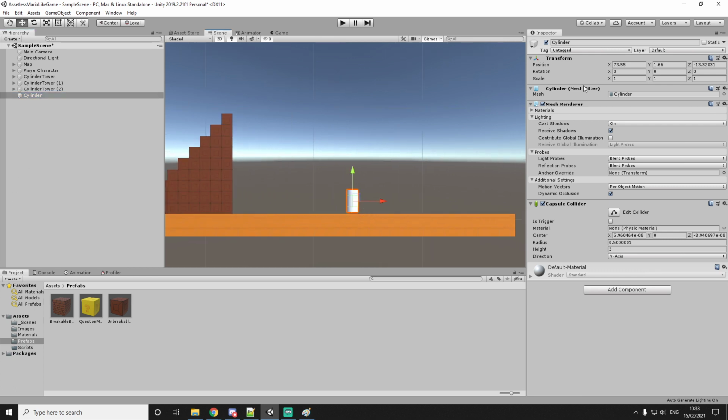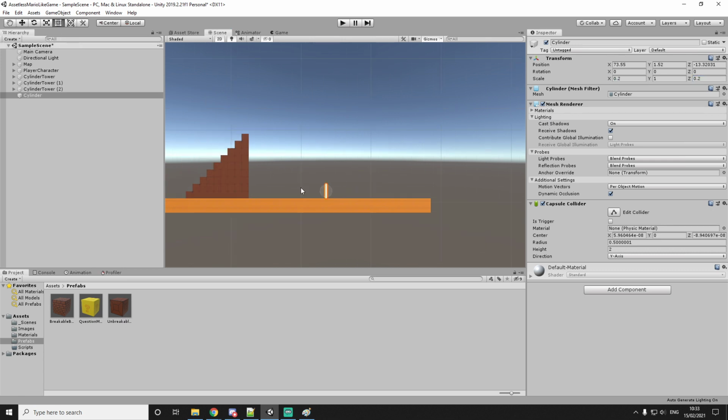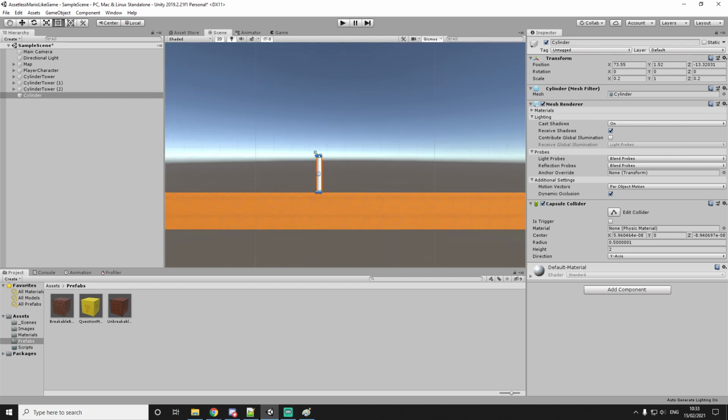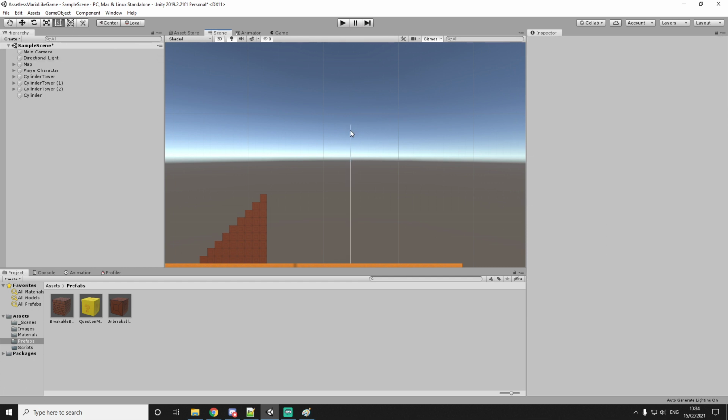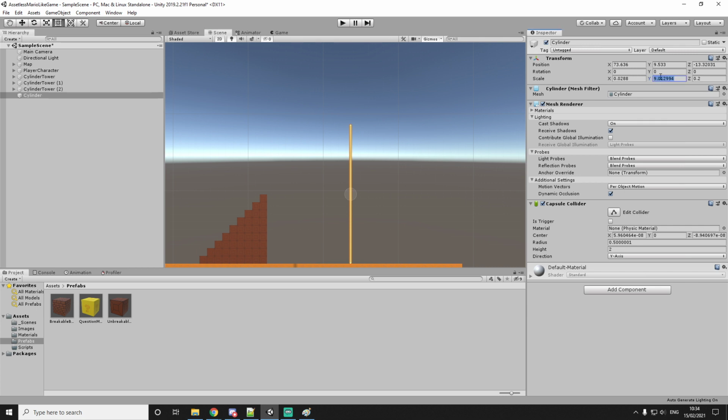It should be way smaller than this, 0.2, 0.2. And the pole is going to go all the way up to, well, whatever, like this, I guess. Maybe lower. Yeah, that's way too big. Let's make a